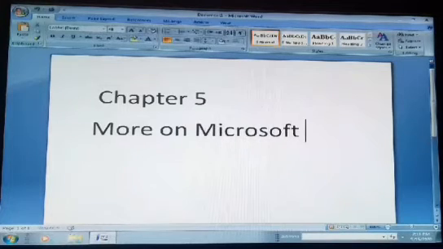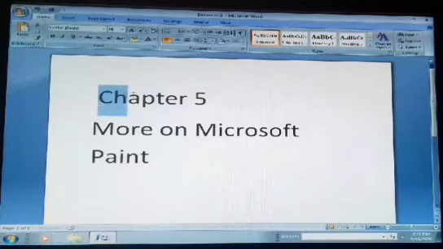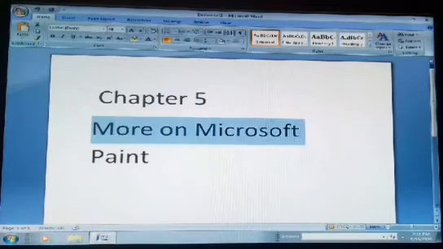The chapter name is More on Microsoft Paint. So all the students open chapter 5, page number 41.